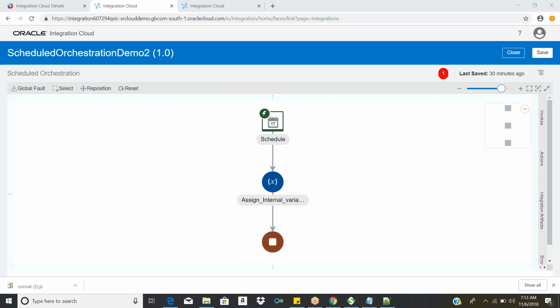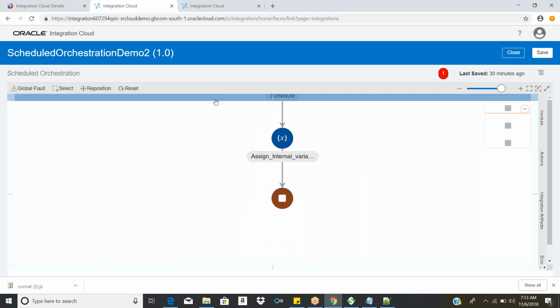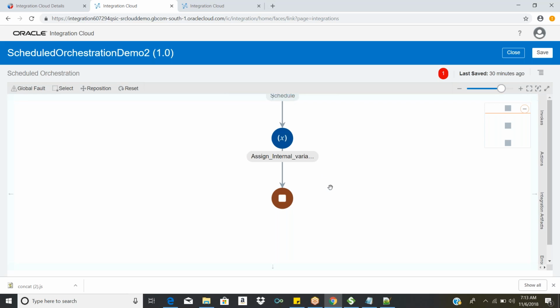So that's the reason you need to save the flow at every step. If you build some complex logic and you're not saving the flow, and something crashes the browser, automatically your changes will go. That's one thing. Another thing is, if someone is working on XYZ and hasn't saved anything, and someone unintentionally unlocks that integration, then definitely the changes will be gone.